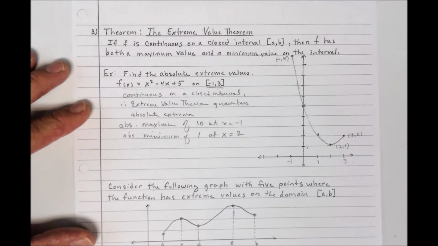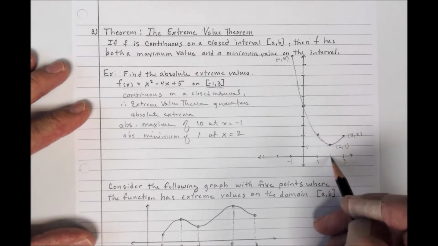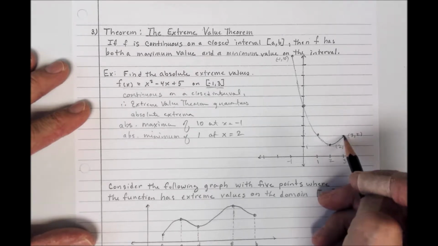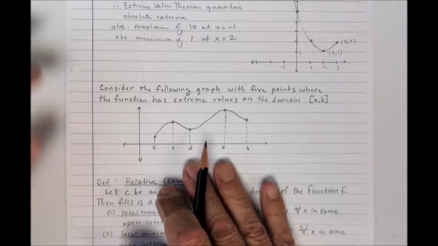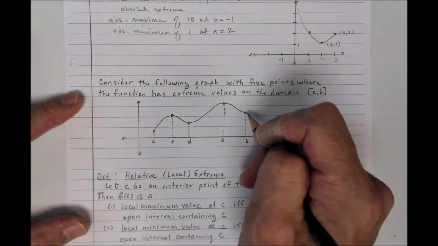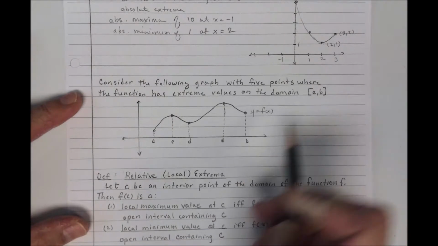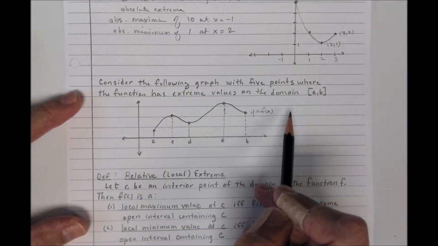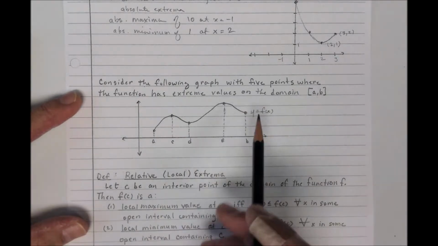Okay, now you kind of look at this guy sitting over here. Even though he's not a maximum, I mean, to the right of 2, he's kind of top dog. So we're going to have to give this guy a name as well. And that's what I want to consider here in this next diagram. We have a graph, y equals f of x, and it's on a closed interval from a to b. And as you can see, I've got this set up so that it's continuous, and I've marked 5